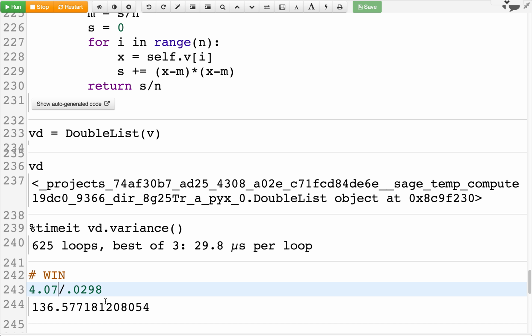But if we were in the middle of some big Python program and we had a list or a bunch of lists and we needed to do a bunch of things with standard deviations, or variances, you can see how you write a little bit of code like this, the rest of the code is in Python, and the whole thing is fast as a result. Usually with programs, most of the program uses very little of the time, and there's a little part that's the bottleneck. And if you figure out what that is, then in some cases, if the bottleneck just involves some number crunching where Python isn't particularly good, then you can rewrite that part in Cython, and then it will be fast.